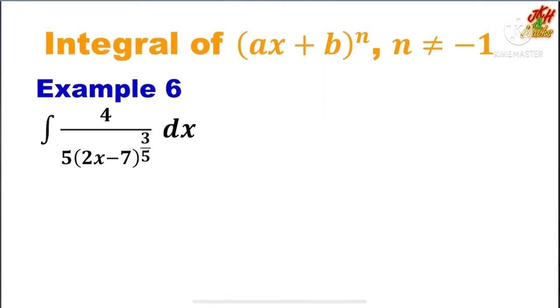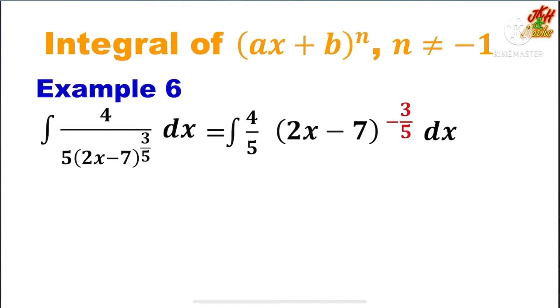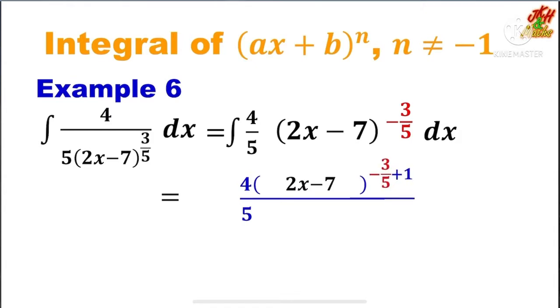Example 6. Integration of 4 over 5 in the bracket, 2x minus 7 raised to the power of 3 over 5 dx. Therefore, we have integration of 4 over 5. We multiply with the function of 2x minus 7 raised to the power of negative 3 over 5. So 4 over 5 remains outside the bracket. The function in the bracket is 2x minus 7 and we add 1 to the power. So we have negative 3 over 5 plus 1,